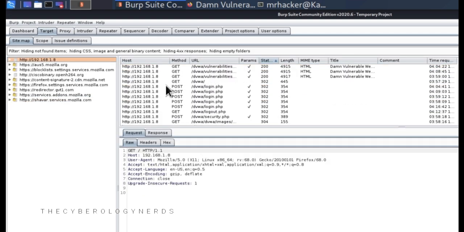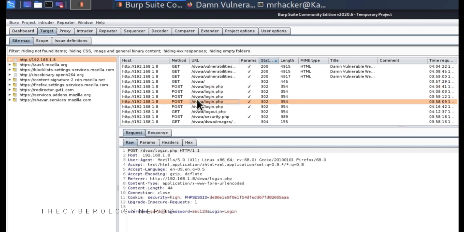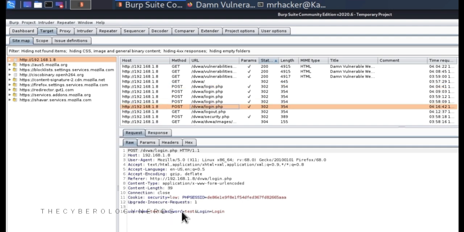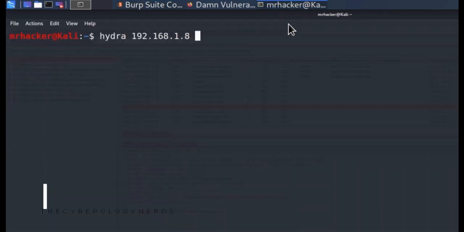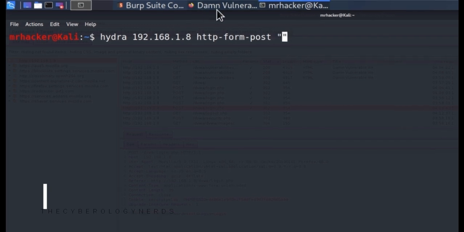So you can go down here and we can see that this is a POST request where we sent the test username and test password. Okay, so how can we specify that inside of Hydra? Well, we can specify http-form-post. After this, you need to open the double quotes, and in between the double quotes, the first argument that